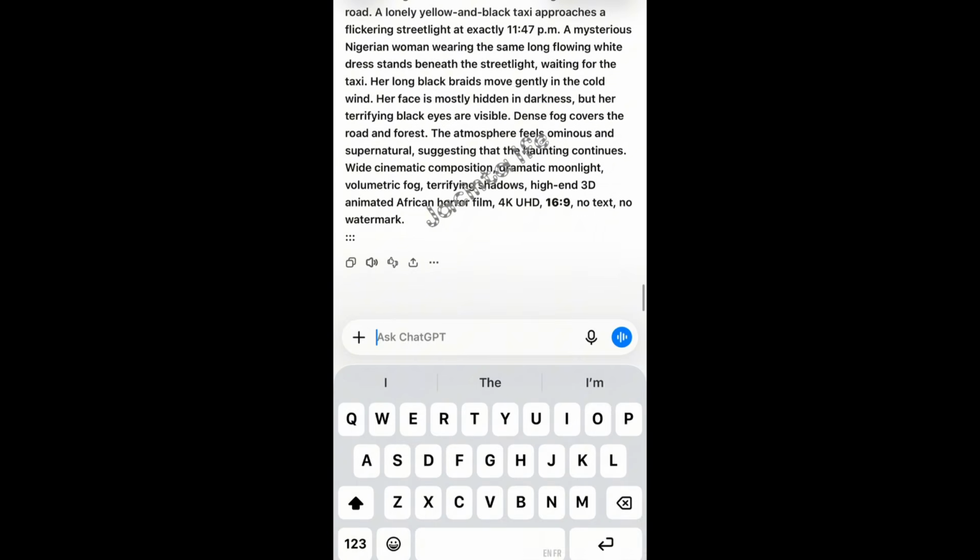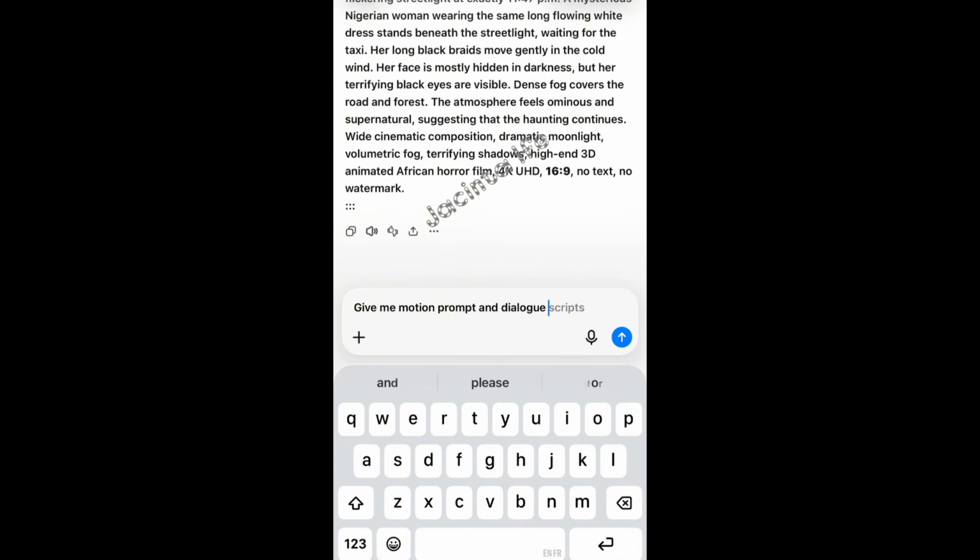So what's the next prompt that we're giving to ChatGPT? Our next prompt will be: give me motion prompts and dialogue scripts.